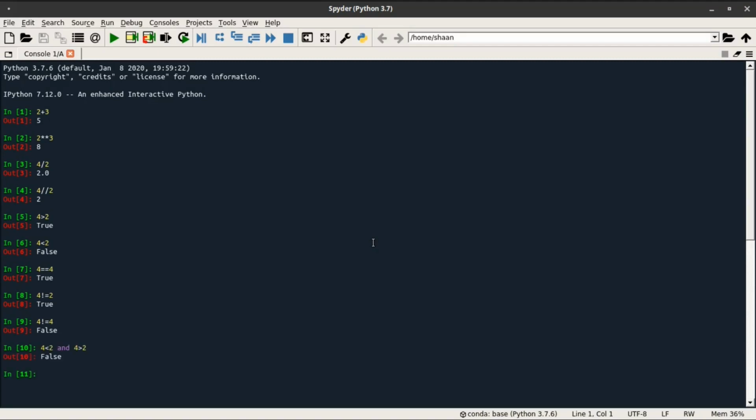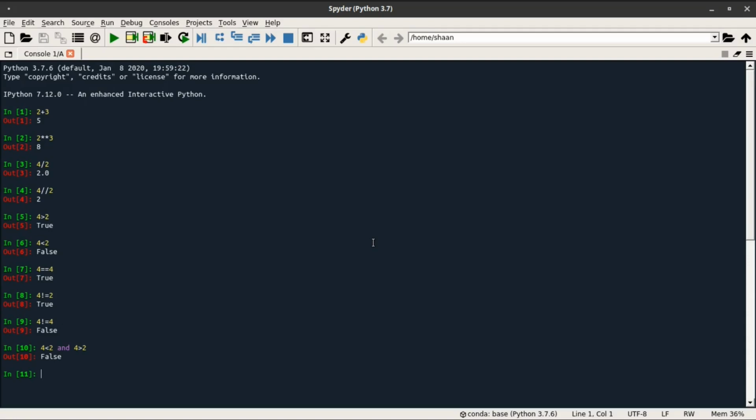Now here we have combined two expressions, one 4 less than 2 and the other 4 greater than 2, by using AND operator, and the result of this expression will be false, because in case of AND, if any of the expression is false, the combined result will be false.